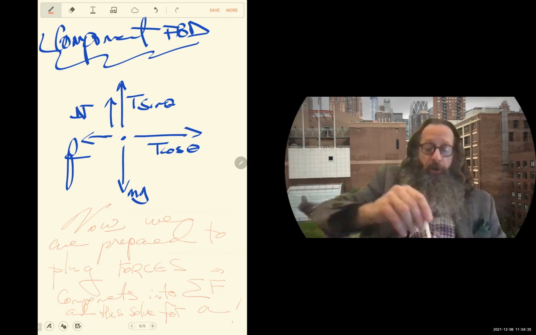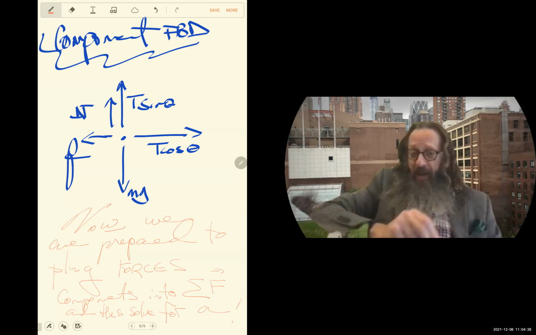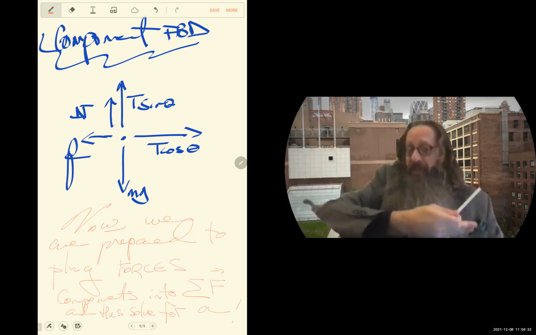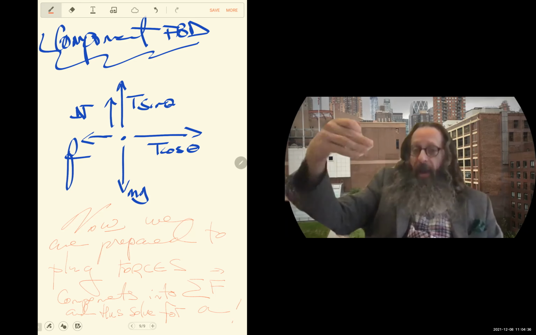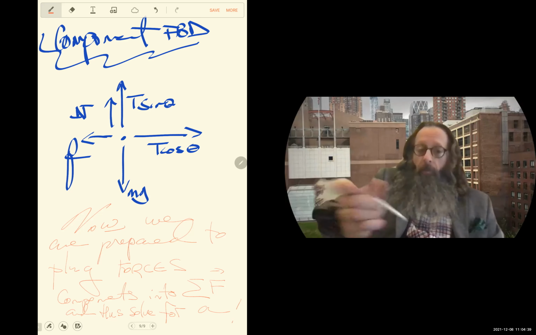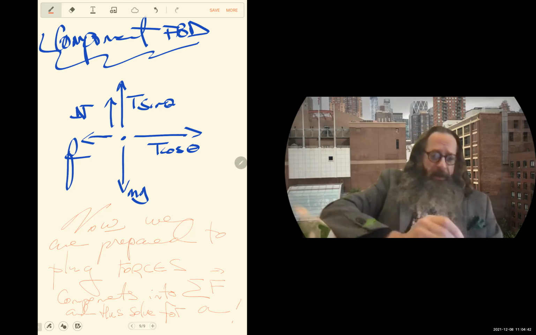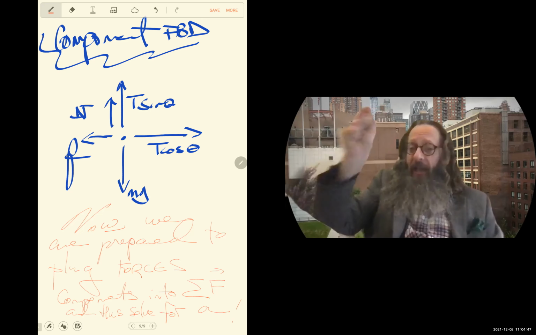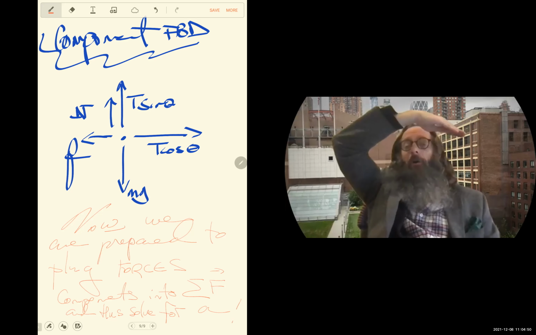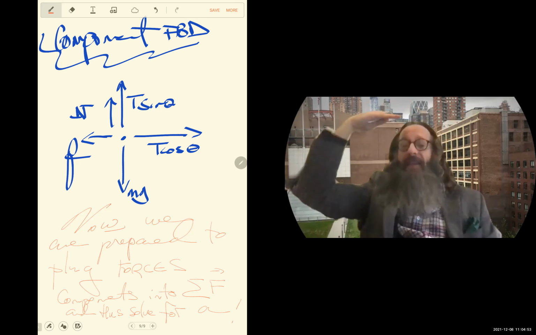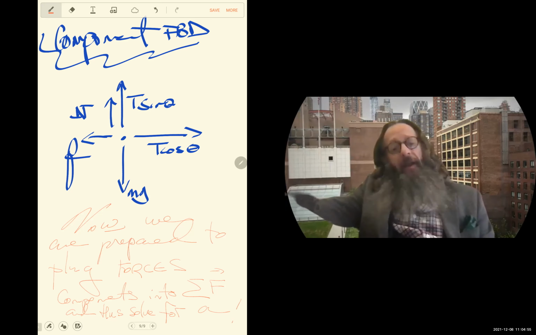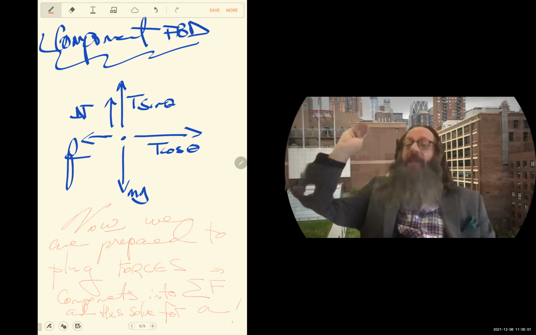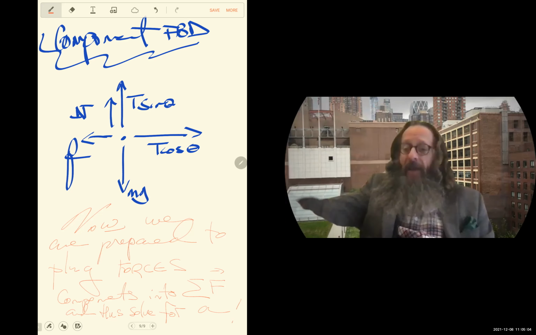Okay, now what we're going to do with these arrows is we're going to plug them into the left side of F net equals MA. These arrows are what we're going to put into the left side of the sum of all the forces in x equals MA, and thereby we're going to solve for A. Okay, and we're going to remember what it said on the first page of notes today. F net equals MA is a vector equation. It really means the sum of all of the F's along the x-axis equals m times a in the x-axis, and it independently yet simultaneously means the sum of all the forces in the y-axis equals m times the acceleration in the y-axis. It's separate equations for the separate axes.